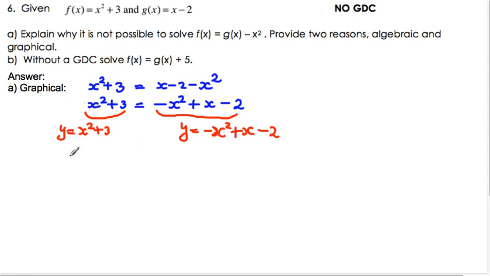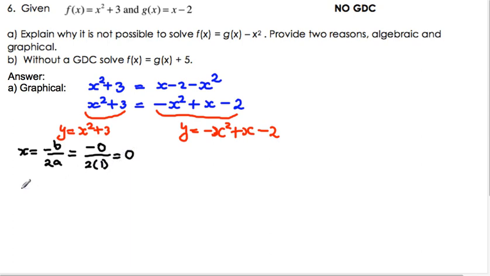So let's see. We know that this first function on the left hand side will be a parabola, and since the value of a is 1, which is a positive number, the parabola will be facing up. So if we think about it that way, then let's try to see what the minimum value is. So in this case, we are looking for the vertex. So let's try and use this formula here for the x coordinate of the vertex. And since your b is 0 in this case, then we will have -0 over 2 times a, where a is 1, so